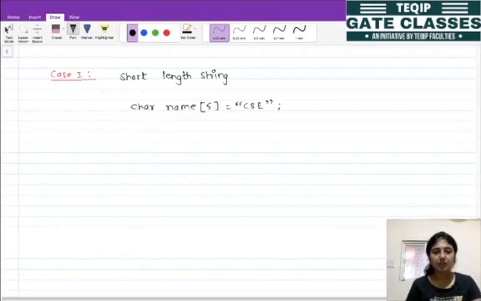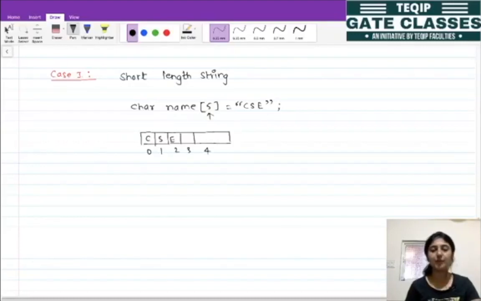ठीक है, तो as the size is 5, तो 5 ब्लॉक allocate हो जाएंगे like this. So 5 ब्लॉक रिजर्व हो जाएंगे like this. So this is 0, 1, 2, 3 and 4. And CSE इसमें क्या हो जाएगा, 1 by 1 इसमें allocate हो जाएगा. Okay. After this, the next is the null character and the remaining the compiler will automatically assign null, है ना.